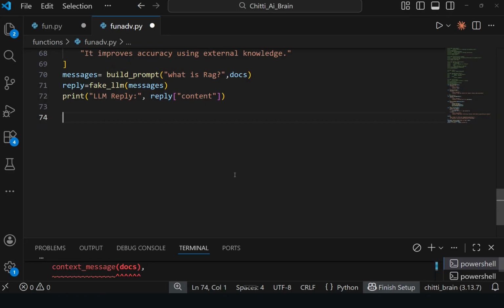Now let's see how the thinking and decision making block is built. Suppose we take an agent decision function. Just create one more function.